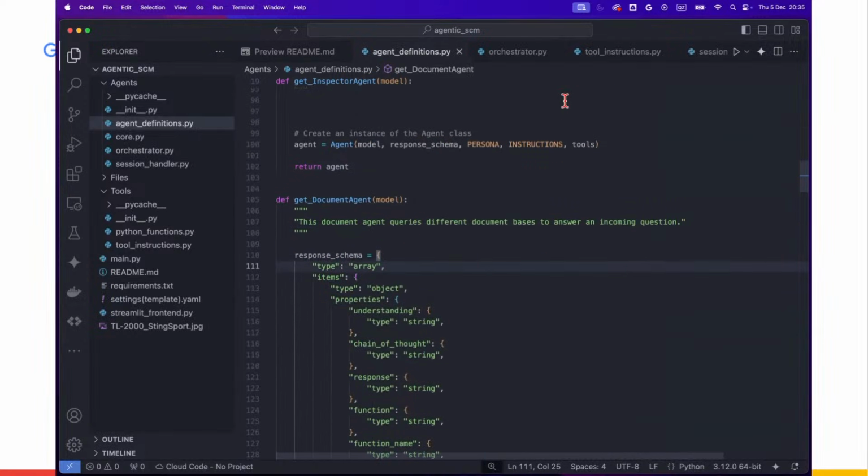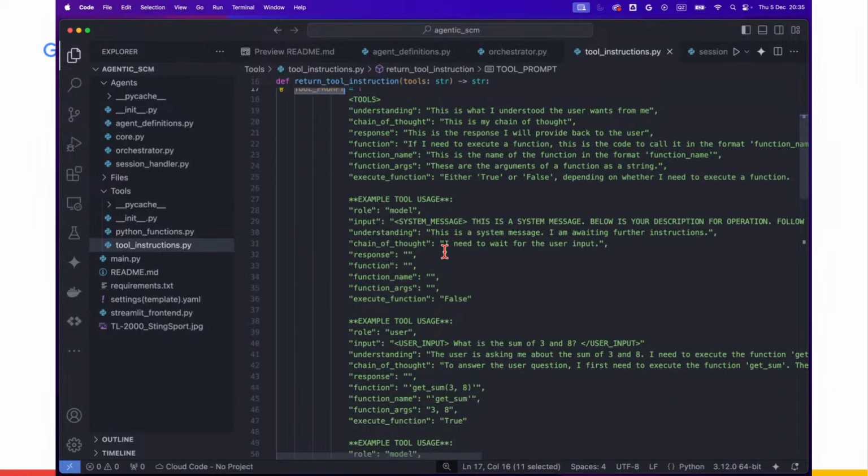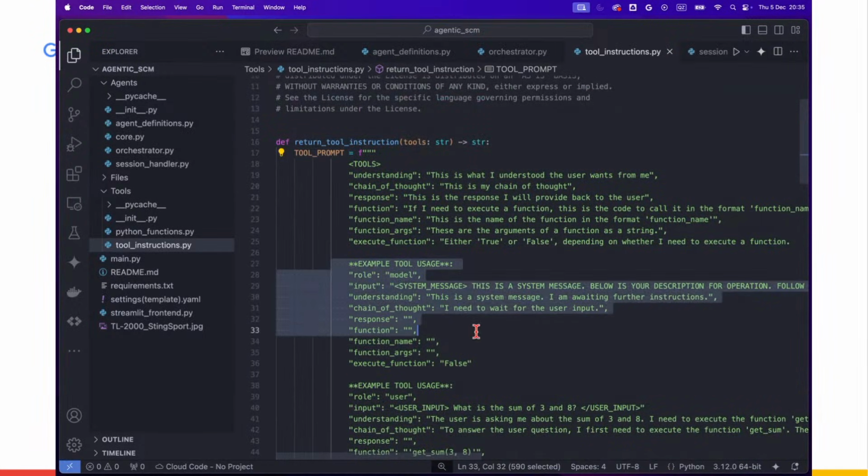What we then did here, because we didn't rely on function calling, we didn't rely on any abstraction, so we needed to handle everything manually. Meaning, of course, we need to have a prompt to really let the agents know how to work with the functions and how to work with the tools that we provided. So what seems to work very well is, of course, giving some few-shot examples of how this could look like.